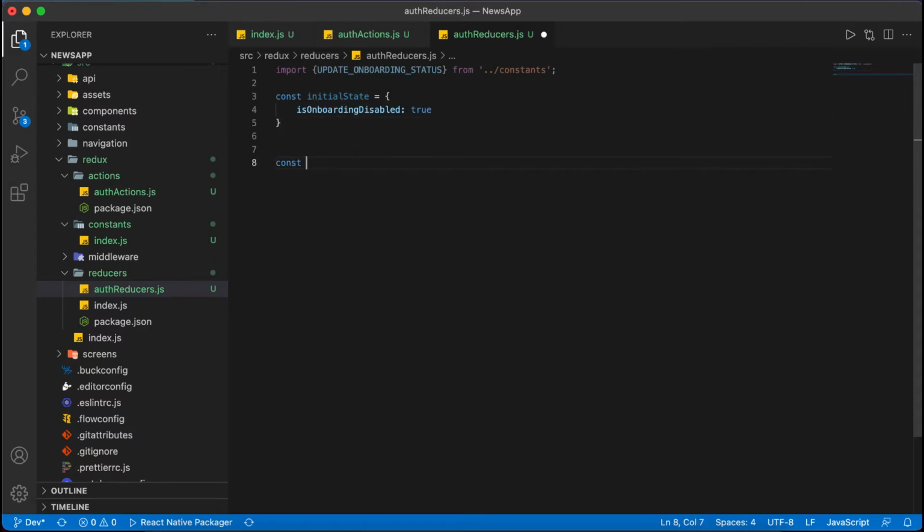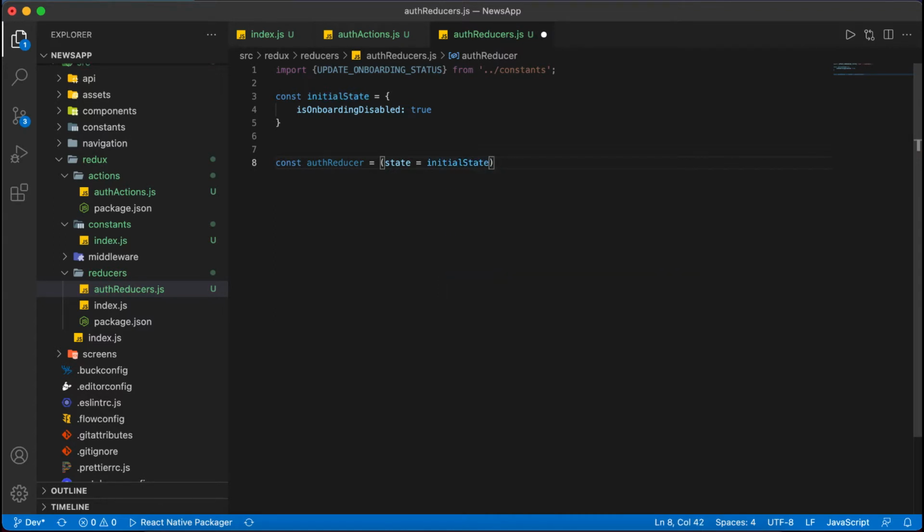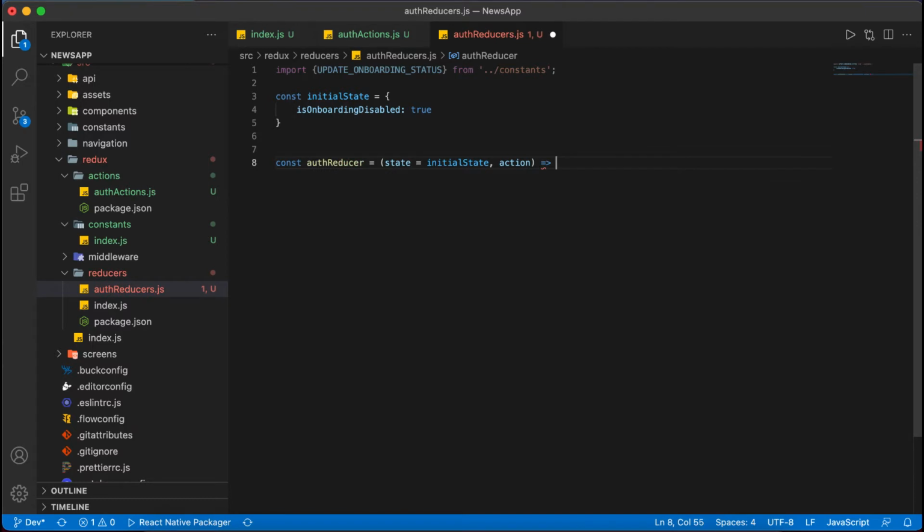Then we will take one function, that is authReducer, that we will export and use in the index.js of reducers, the main file of the reducer. Then we will put in the root reducer is equal to, we have the state of initialState. So the initialState is assigned to state, then one action. One state is here that is coming from the initialState, and then one action will come from the auth actions. In that action we have the data.